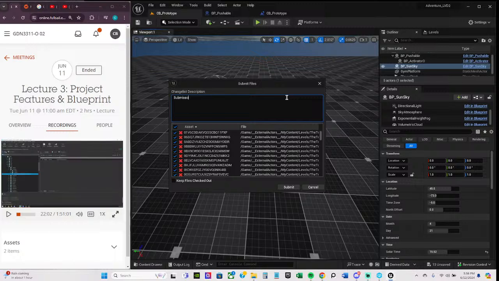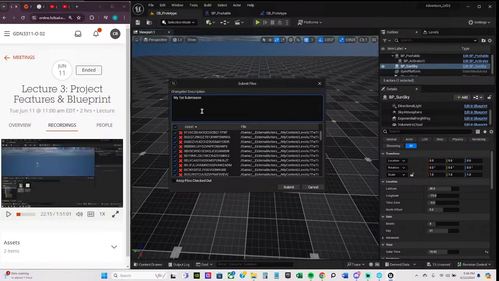If I go to Perforce and I refresh, it's already manually checked this out for me, which is annoying. Yes, I check it out. So my folder's here now. You can see my level, my landscape material here. So if I go back to Unreal, if I want to edit this, I check it out. So I go to Version Control, check out. If I edit something in here,